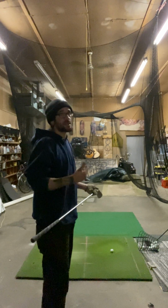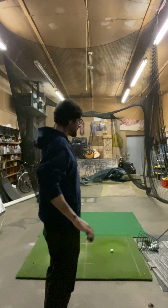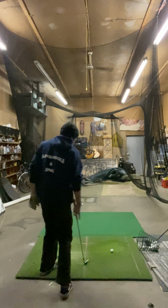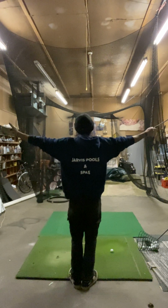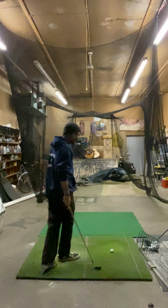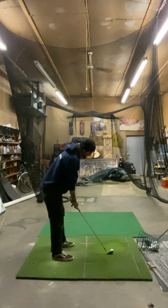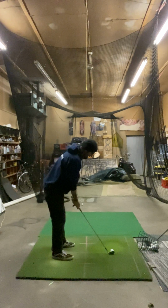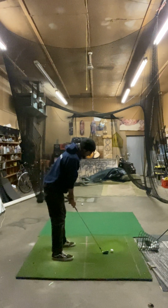I think those sports are just rudimentary motor skills: throwing, catching, running, hitting. And like baseball, you just got to make contact and hit it into this giant opening. The ball doesn't even go very far. Golf requires a lot more precision, contact, and just how you hit the ball. But anyway,